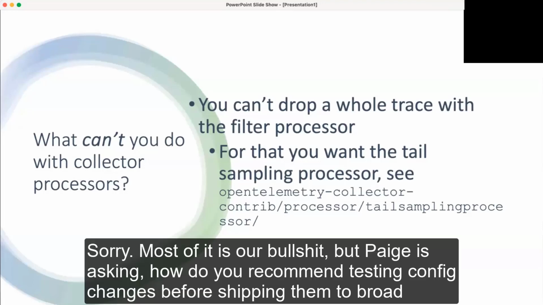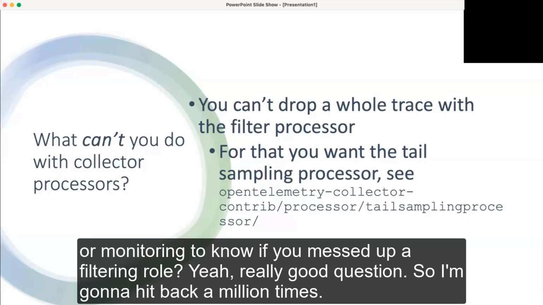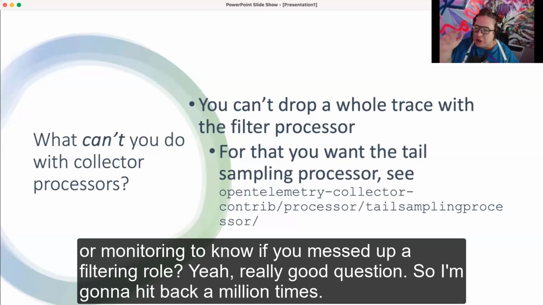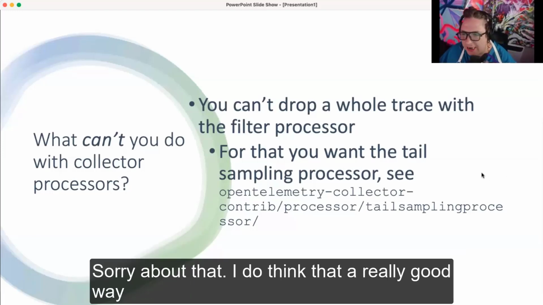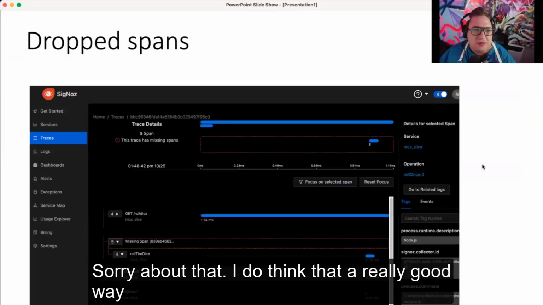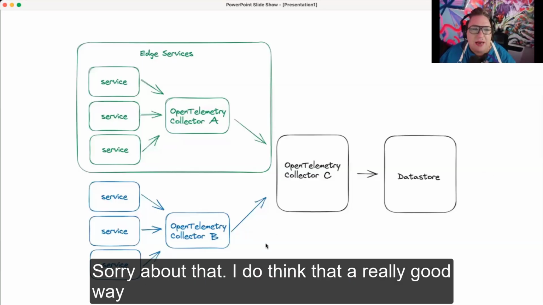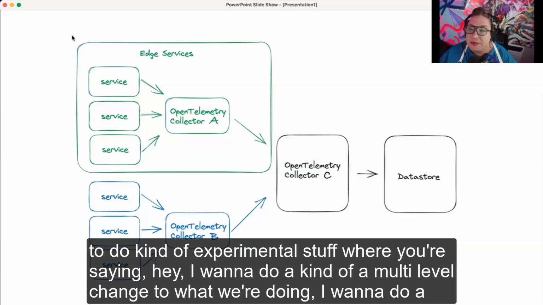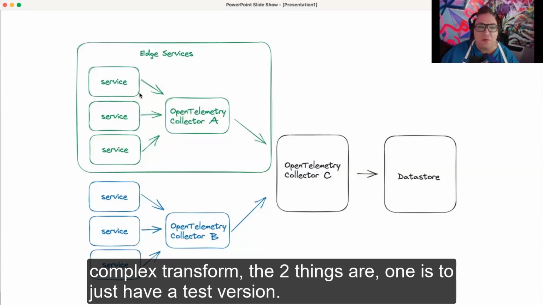Sorry. Most of it is our nonsense, but Paige is asking, how do you recommend testing config changes before shipping them to prod, or monitoring to know if you messed up a filtering rule? Yeah, really good question. Sorry about that. I do think that a really good way to do experimental stuff, where you're saying, hey, I want to do a multi-level change to what we're doing, I want to do a complex transform,